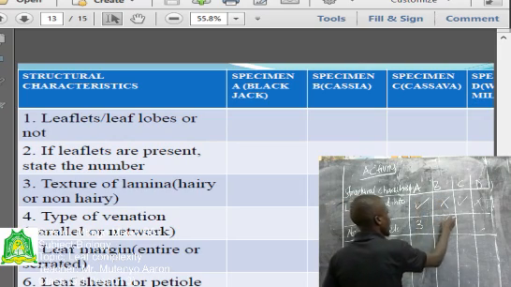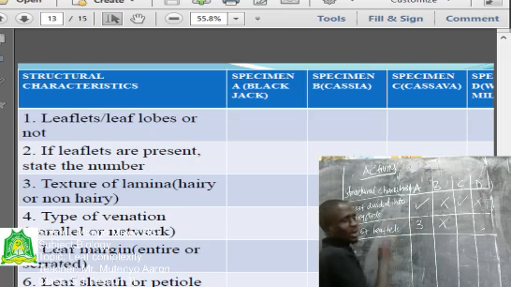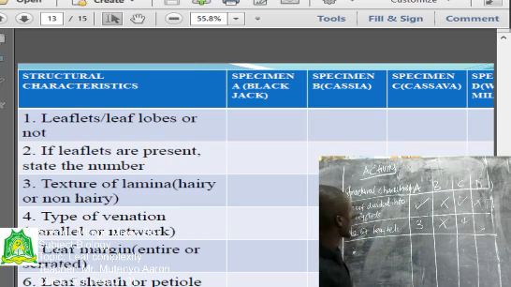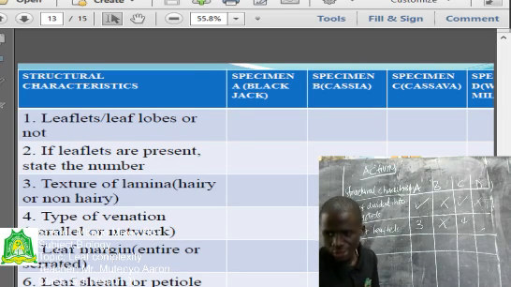If this one doesn't have leaflets, then you cannot have the number of leaflets. If this one has leaflets, how many? If there are 4, put like that. So we are drawing a table of characteristics. Okay? Then you can continue giving us more about these characteristics. For example, you can talk about the type of venation. Or before you can talk about the type of venation, we have what is called the lamina. Is the lamina hairy